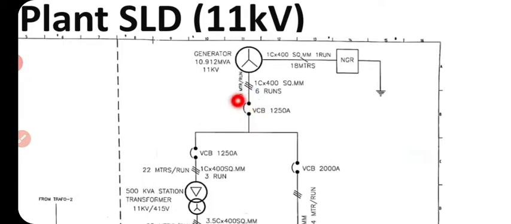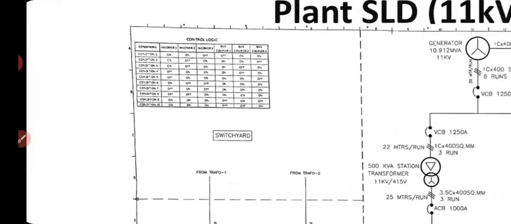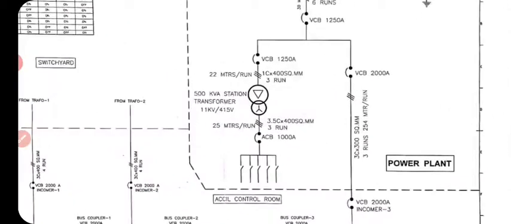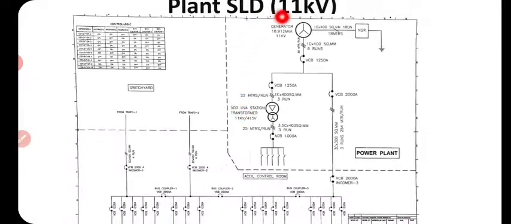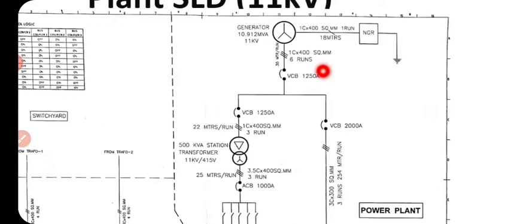And here is a circuit breaker, also made by Siemens, and its rating was 1250 ampere. And here it was a station transformer. So this was the power plant itself, a section of the entire plant. This plant had all its auxiliaries, all the engine auxiliaries, the cooling tower, and all other gas auxiliaries having electrical demand. To satisfy that electrical demand, there was a 500 kV station transformer.